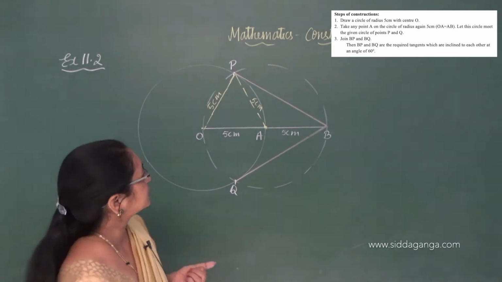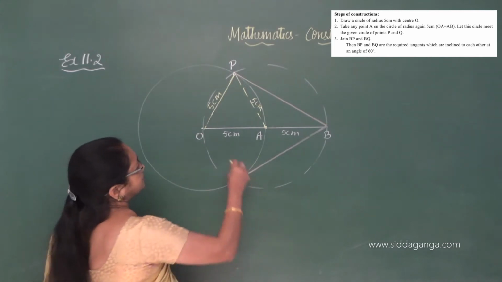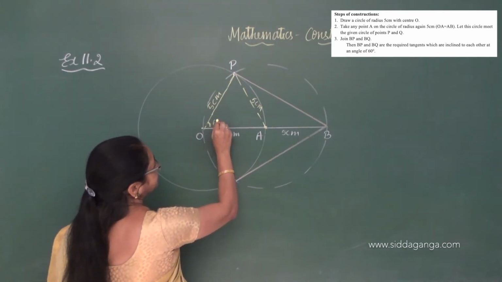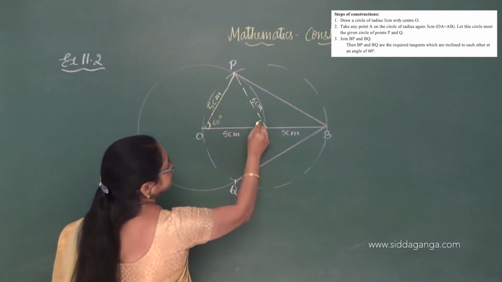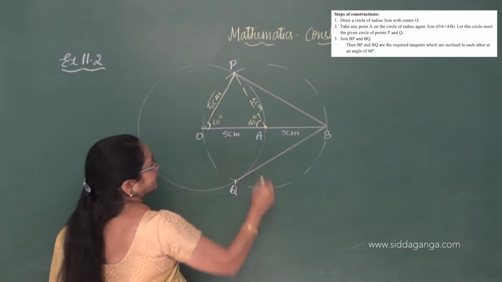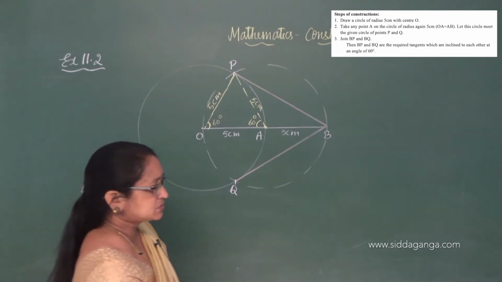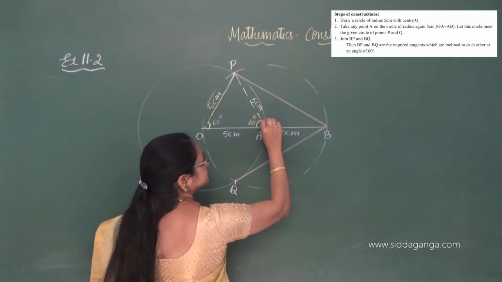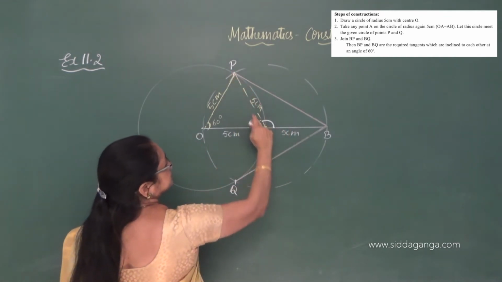Okay, the angles will be 60 degree. Now, first I will explain this 60 degree. So this is 60 and this is also 60 degree. Now, what about this angle? See here, this angle, that is